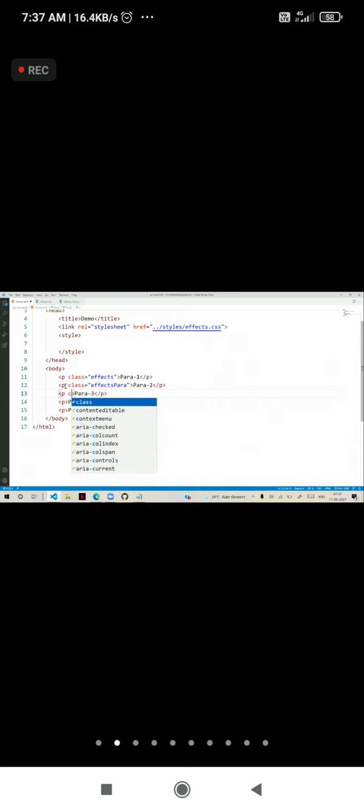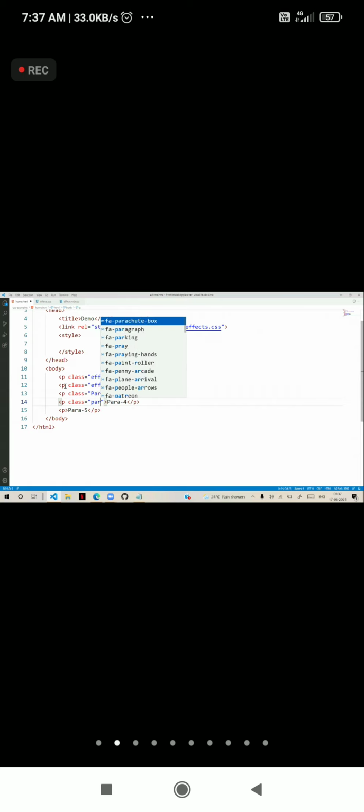Then another class para effects. And another class I give as para effects styles, something like this.